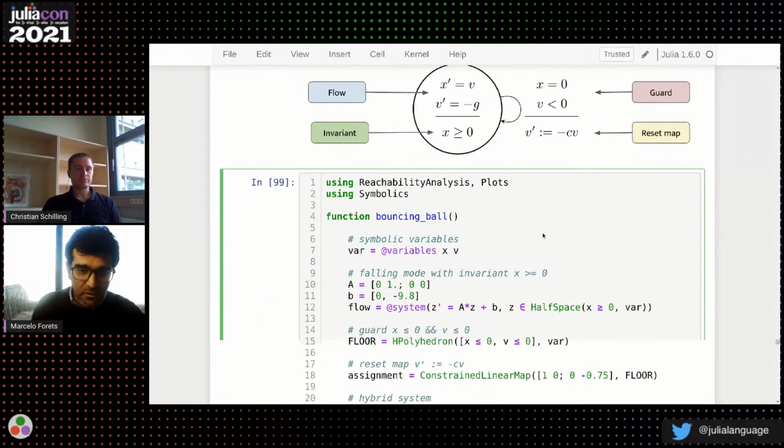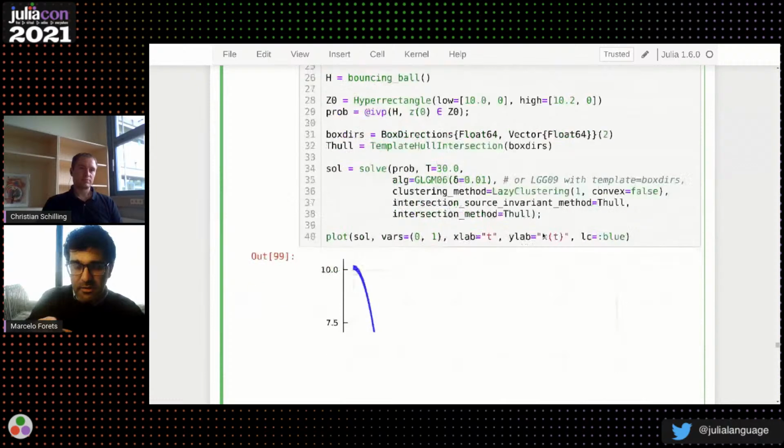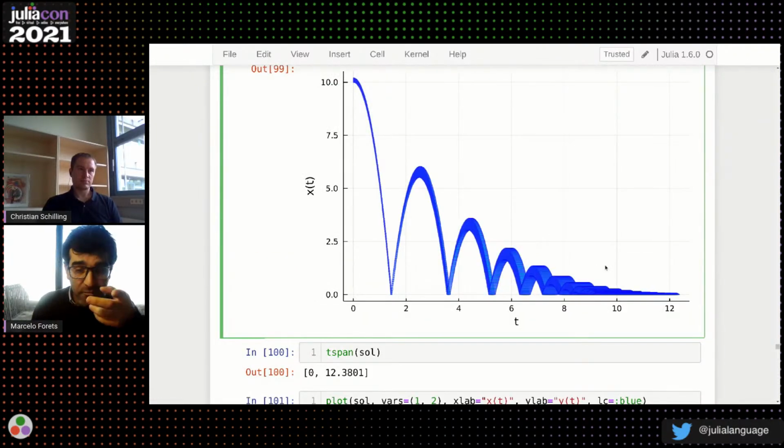So this is just to tell you that, and in fact, this is the interesting aspect of this model, is that it converges to what is called a fixed point. It means that the evolution of the hybrid system is such that at some point the algorithm detects that it has already computed the sets from a previous iteration in time. So what this means is you start here with a distributed initial condition, and then you start